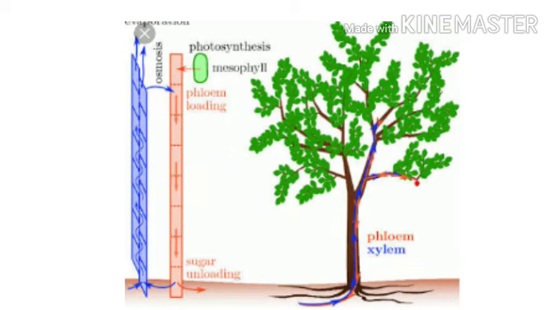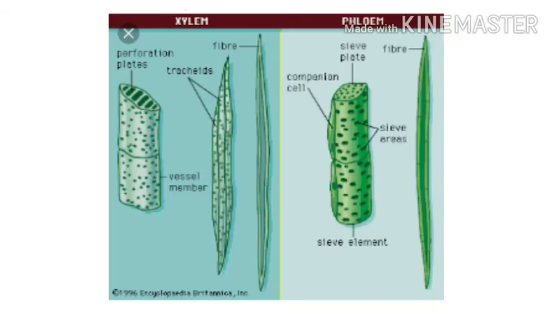Vascular tissues are specialized tissues formed from peculiar cells to do this activity. Vascular tissues are also known as complex tissue. Why is it called complex tissue? Because they are formed from different kinds of cells. So they are called complex tissue. The two types of complex tissue found in plants are xylem and phloem. Let's see what the features of xylem and phloem are.